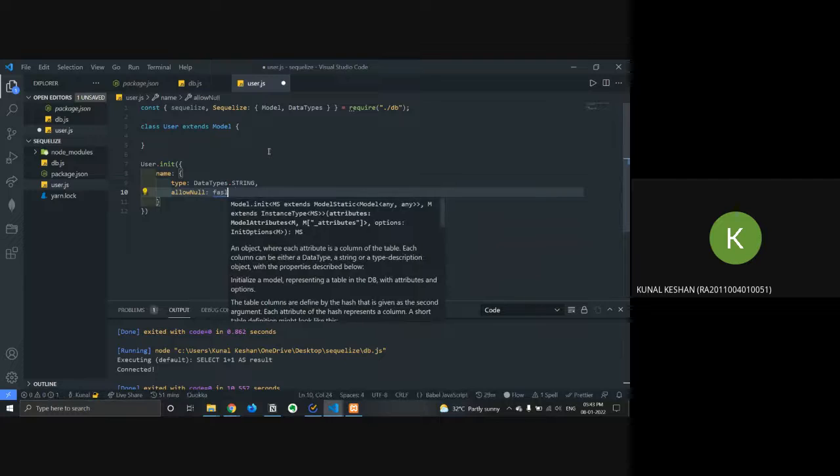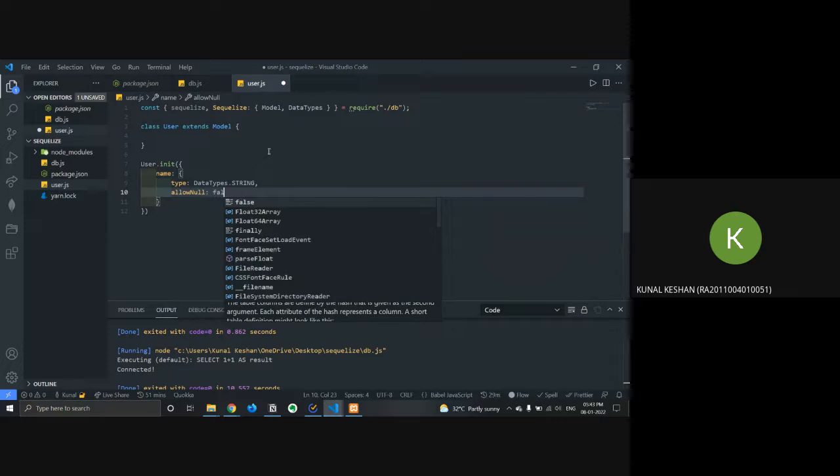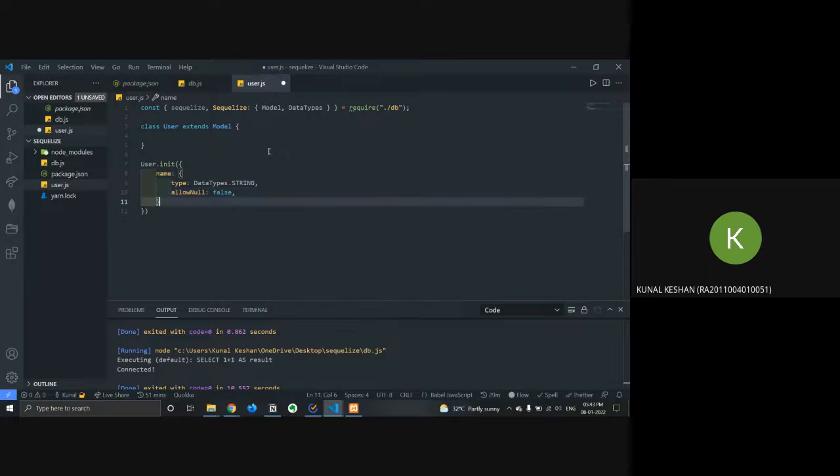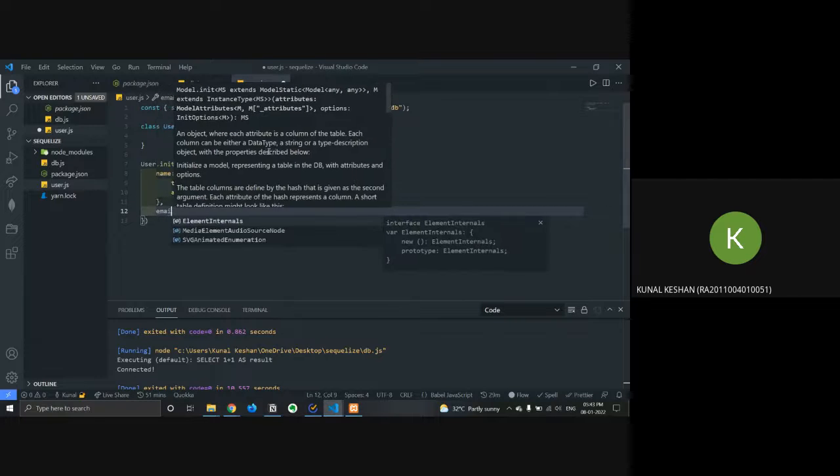This is similar to creating a table where you pass in NOT NULL for each column. In JavaScript it is false. Then we can even do email.